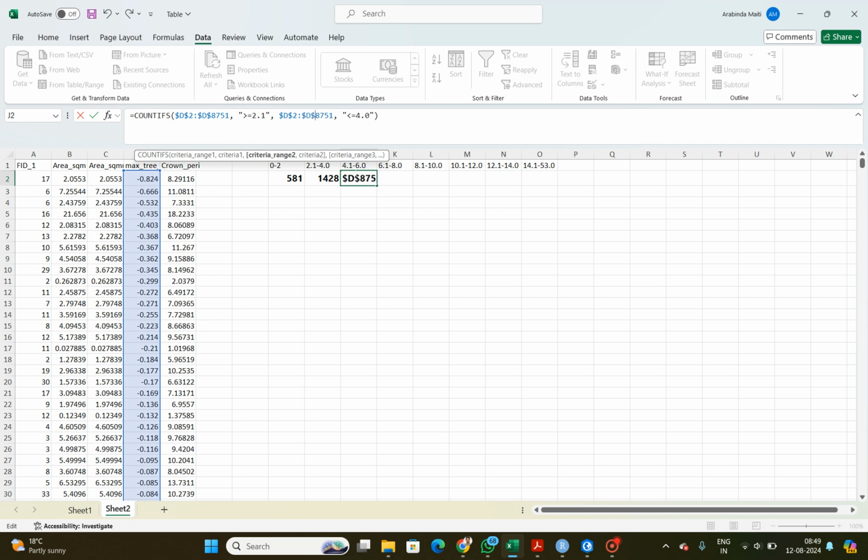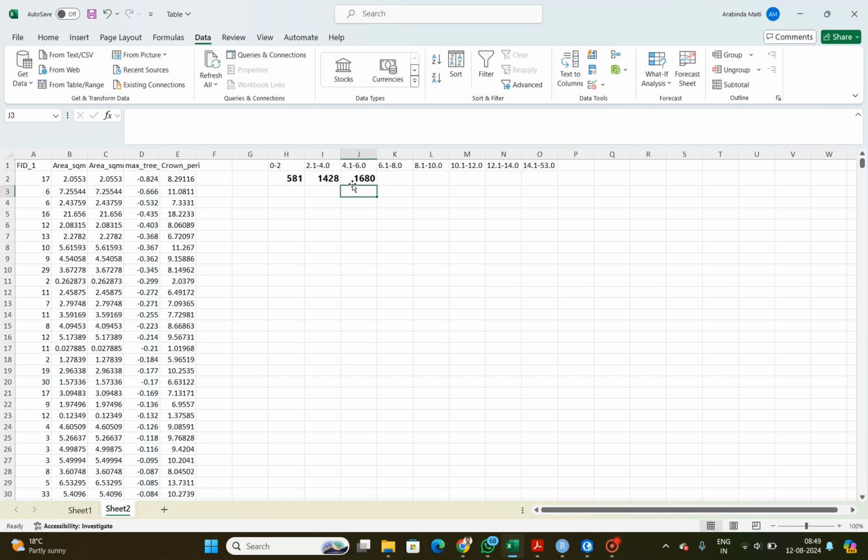So and this column will represent 4.1 meter to 6.0 meter, and fine, we just check this. If I do the next one,